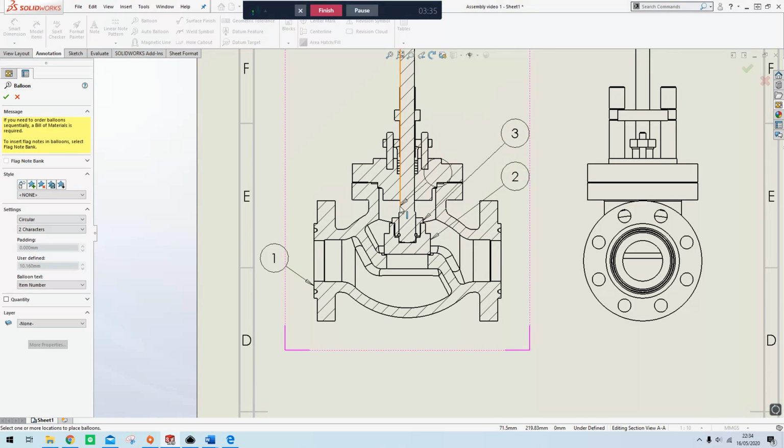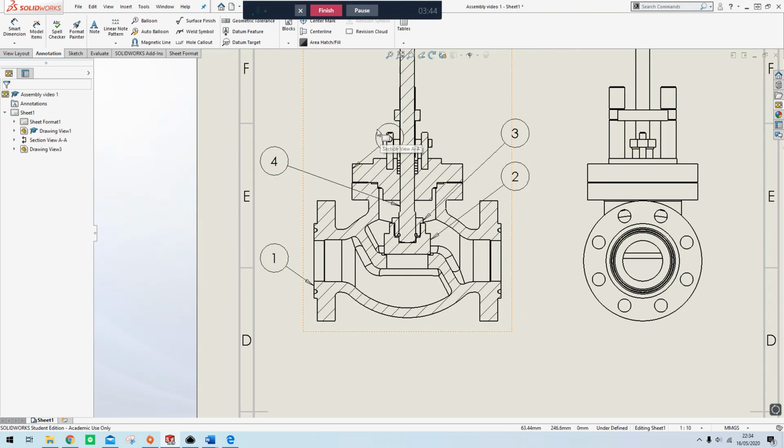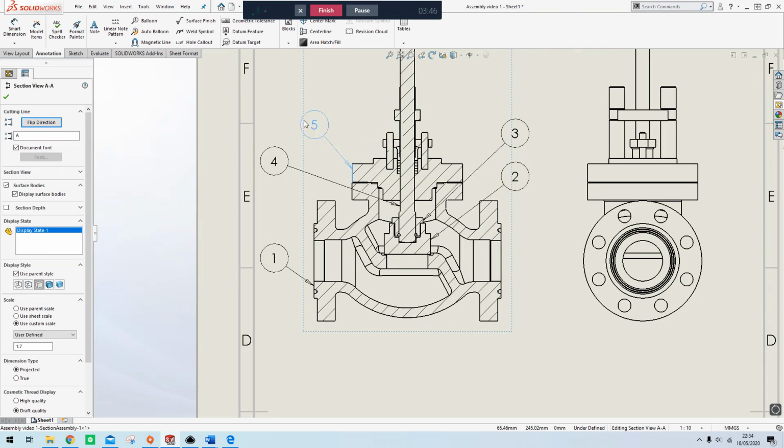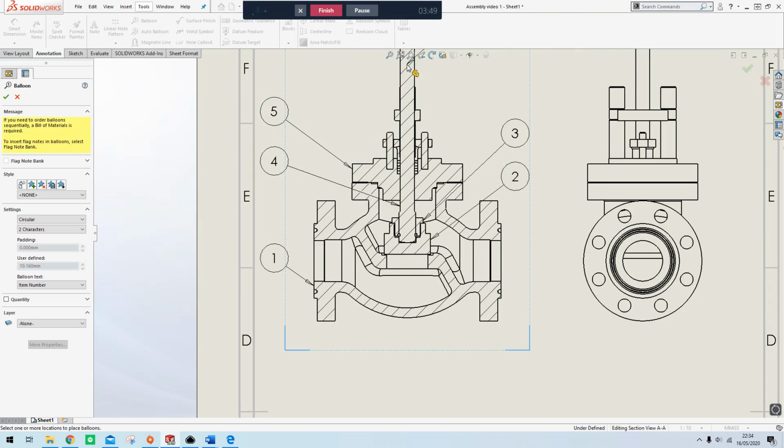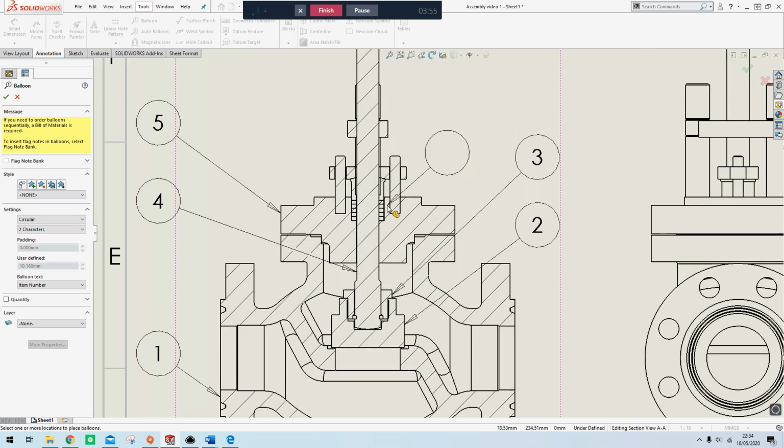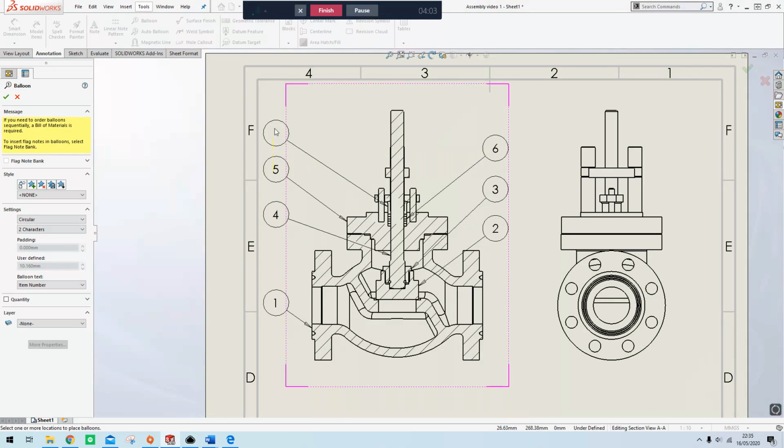Next, spindle. Then I'm ballooning the bonnet. Next we have the packing. Then the gland follower. And over on this side we need to label the pillar, gland stud,